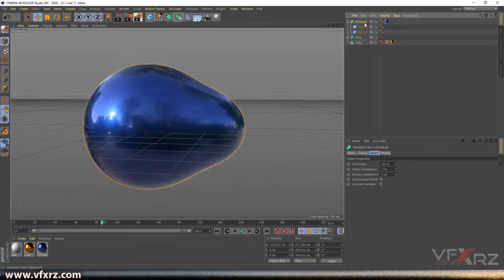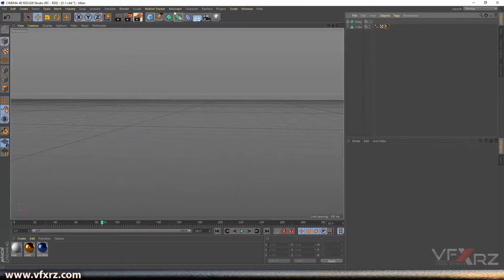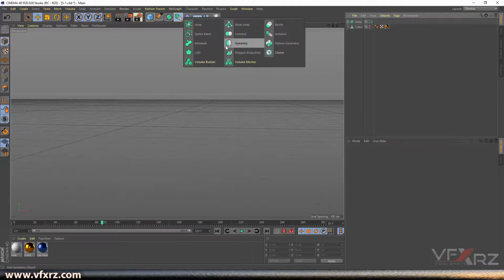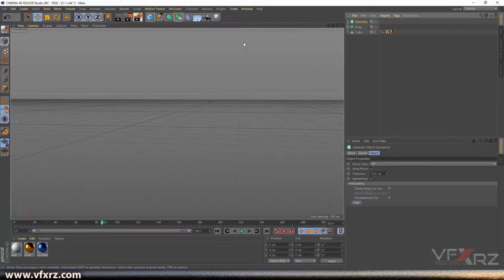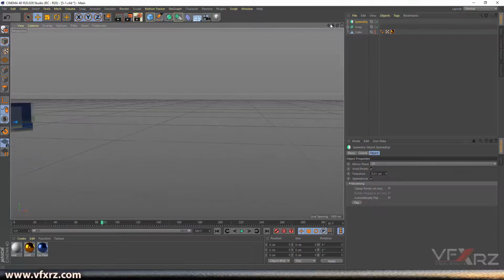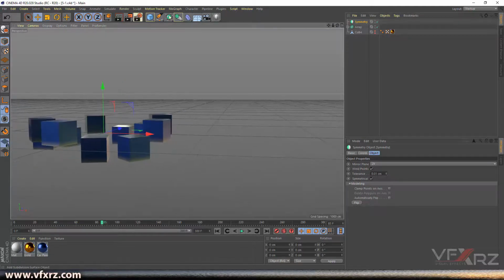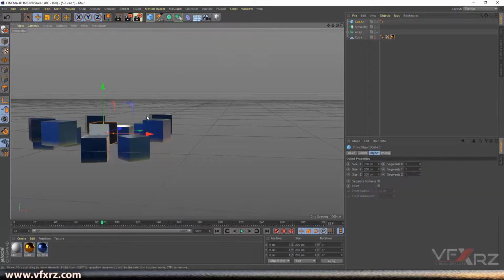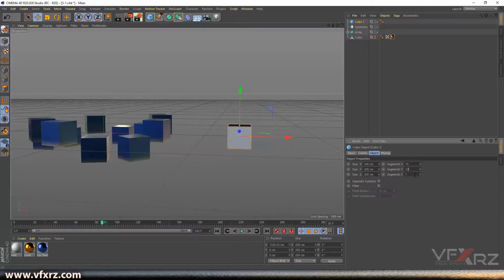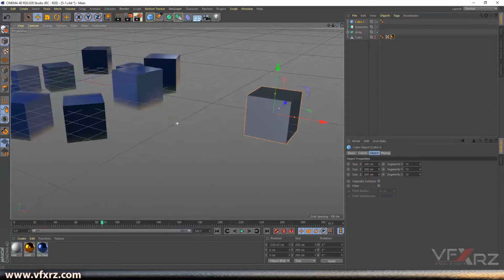Okay, that's really cool. Now I'm gonna delete that, and next is Symmetry. Symmetry is exactly like a mirror. If you use these options and click on it and create that, now we should add an object, for example, add a cube, drag it here, change subdivision, 10 10 10 is good, and